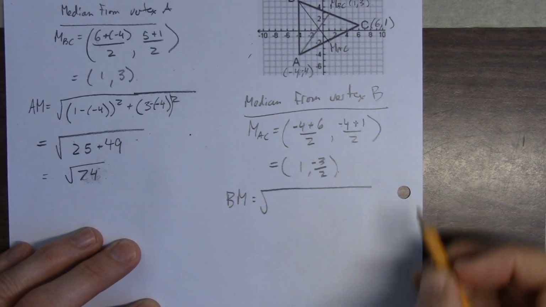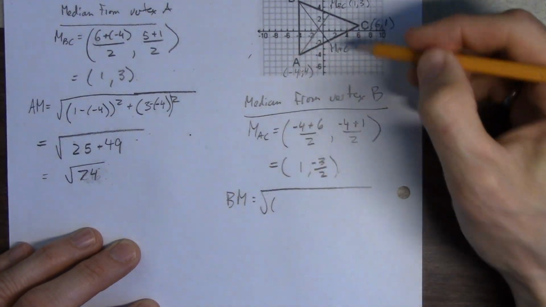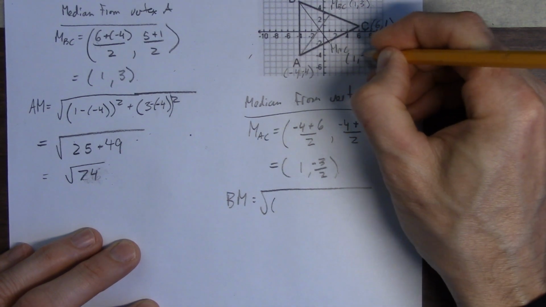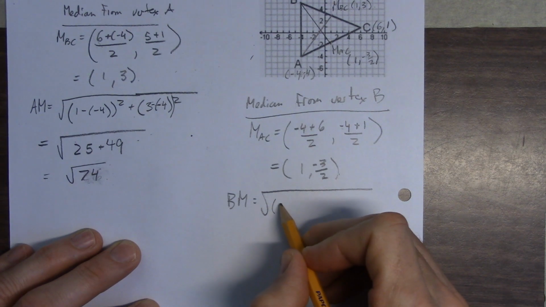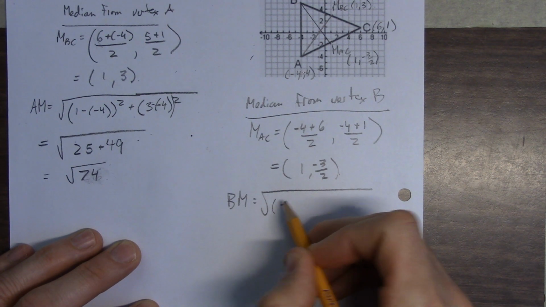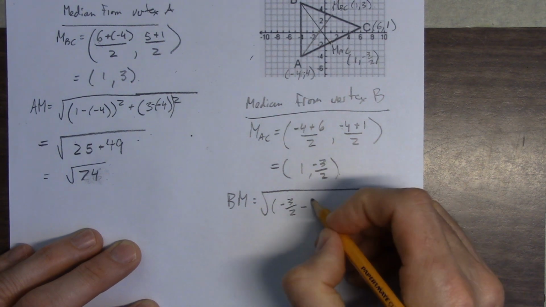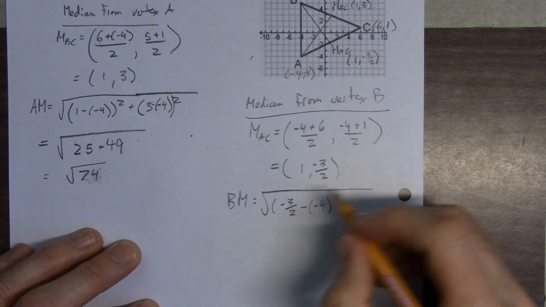It's going to be the square root of, AC is 1, -2, so x2 is -3 over 2 minus x1 squared